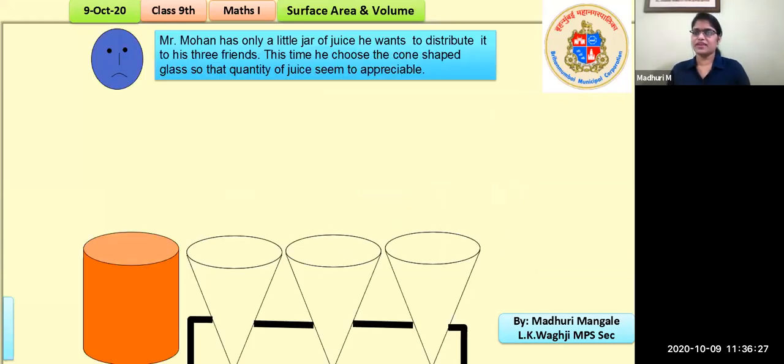So here is a problem. Okay, a small application based question, and you have to try to answer it. All right, students. So the question is, you can see a sad face over there on the screen. Why is this person sad?